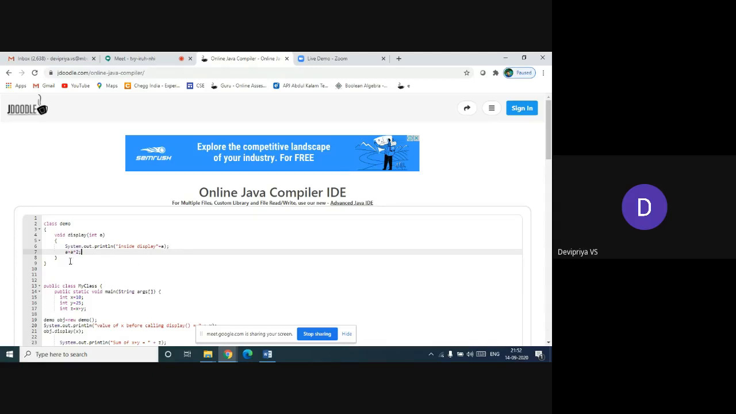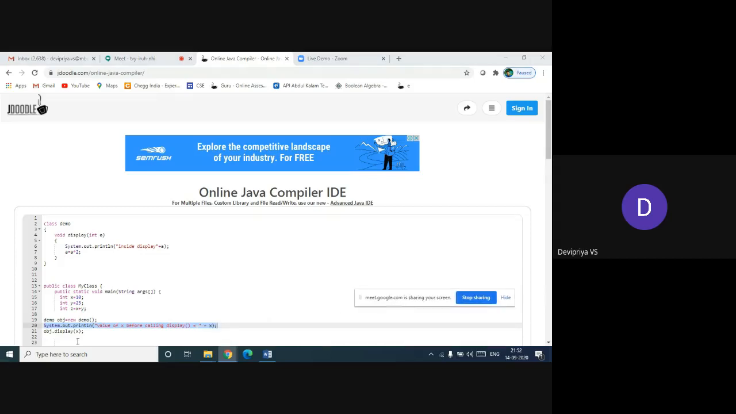Suppose I have made a change here, then this change won't be reflected here. Why? Because we have created a copy, and the change has been made on the copied value. So after calling the display method, the control comes here and it will print: inside display the value is this much, and then I have made a change to the variable a as a equal to a into 2,